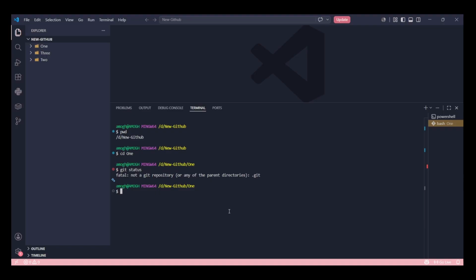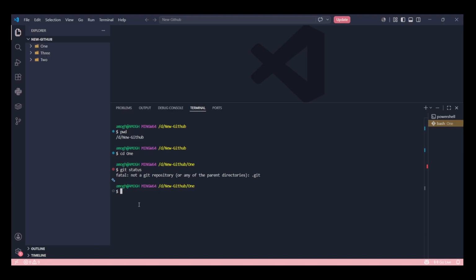What the git status command tells us is whether the current folder you are working in is actually a Git repository. You need not track every single folder on your computer, because there are thousands of folders on it. You just need to track the ones in which you are working.